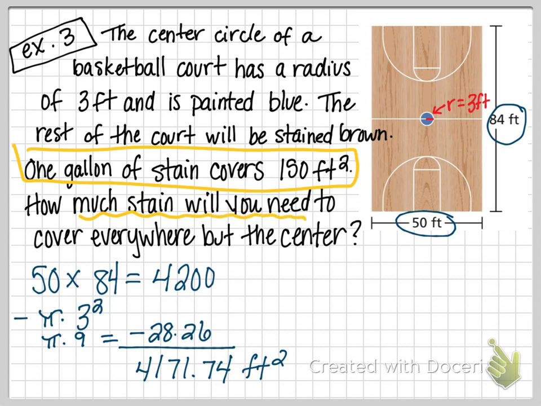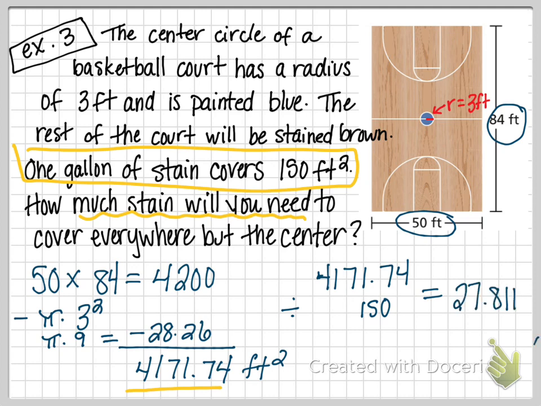Well, if 1 gallon covers 150 square feet and we have 4,171.74, we need to take this 4,171.74 and divide it by 150. Divided by 150, that'll tell us how many gallons of stain we need. Okay, when we do that, we get 27.8116